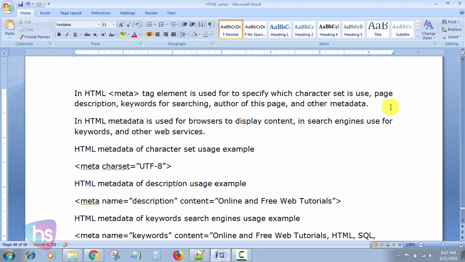Page descriptions, keywords for search engines, author of the page, and other metadata and meaningful data we will use this meta tag to write. In HTML, metadata is used by browsers to display content, and by search engines for keywords and other web services. Like the HTML meta character set usage example, we'll write a meta tag between the head